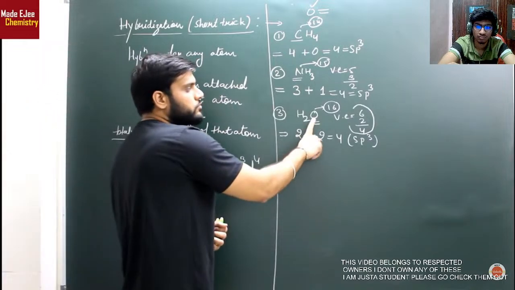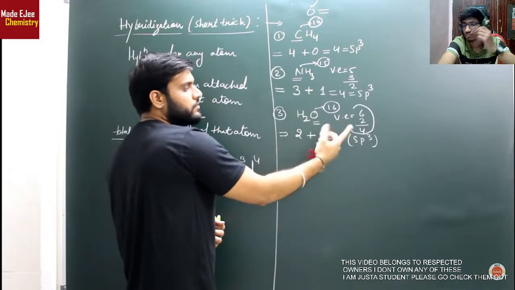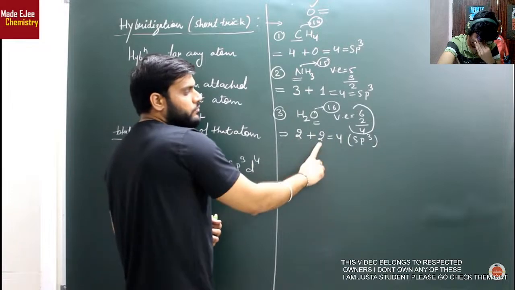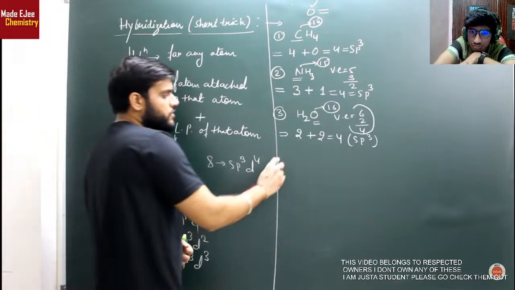दोबारा समझा देता हूं, ऑक्सीजन होता है ग्रुप नंबर 16 में, वैलेंस इलेक्ट्रॉन होते हैं 6, उसमें से उसने 2 काम पे ले लिए, किधर, बॉन्ड बनाने में, तो पीछे कितने बचे, 4 इलेक्ट्रॉन, उससे पेयर कितने हुए, 2। तो यहां पर 2 एटम अटैच है और यहां पर 2 ही उसके पास लोन पेयर है, तो टोटल कितना हो गया, 4 के हिसाब से sp3। इतना आसान, सामने लिखा है उसके हिसाब से काउंटिंग करनी है। चलिए फोर्थ एग्जांपल लेते हैं